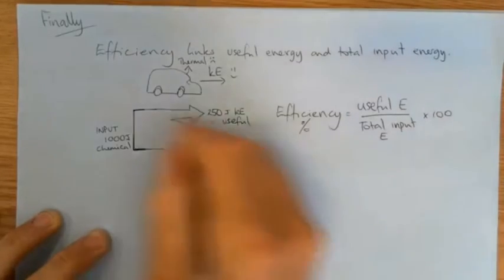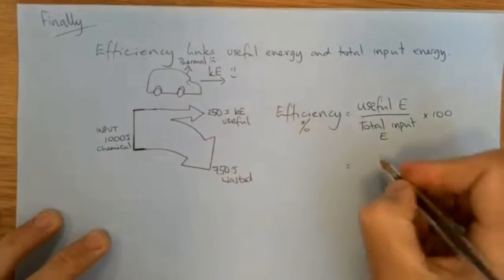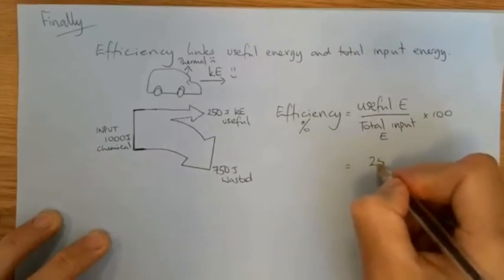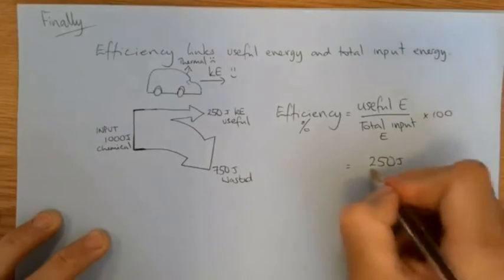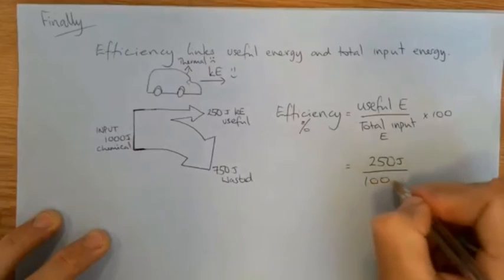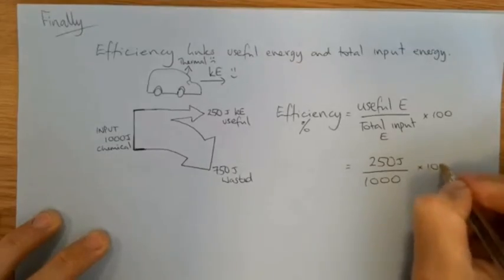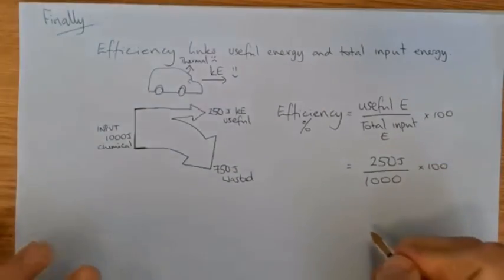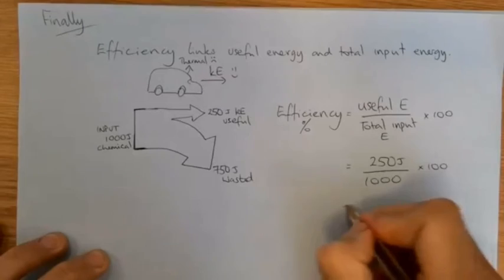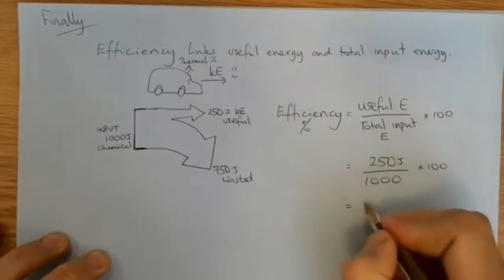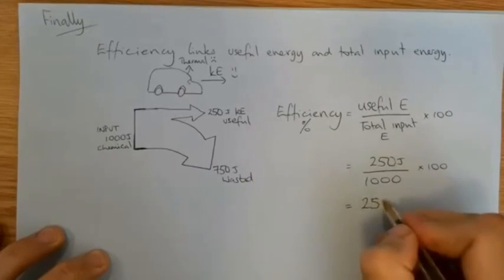So in our example here, I've got 250 joules divided by 1,000, and then if I was to multiply by 100, again you can use a calculator, or this one is pretty easy to work out, is 25%